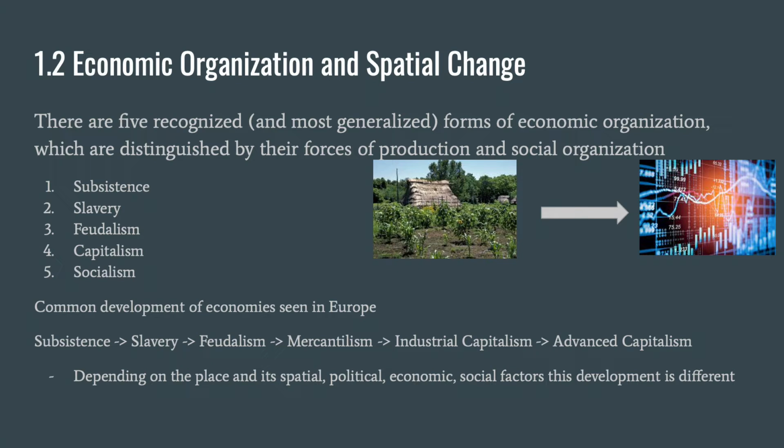These economic systems also have a classic and distinctly European development pattern, with subsistence developing into slavery, which develops into feudalism, which further develops into mercantilism, and further advances into industrial capitalism and then advanced capitalism. However, this is Eurocentric, whereas in other countries this development can differ depending on the certain spatial characteristics of that region. For example, in Japan, its feudalism ended when the government introduced state-sponsored industrialization to promote rapid